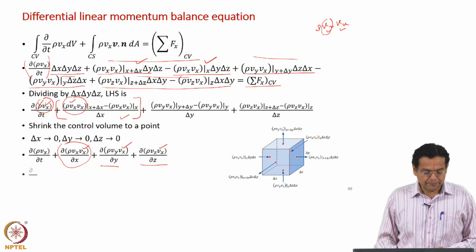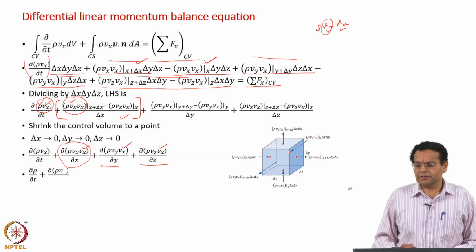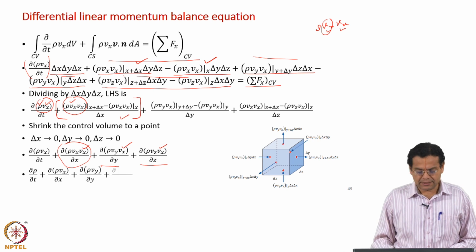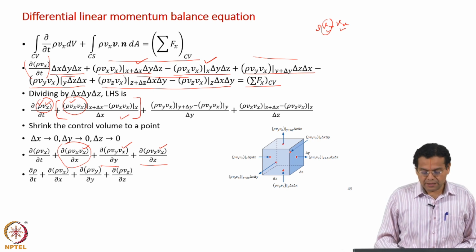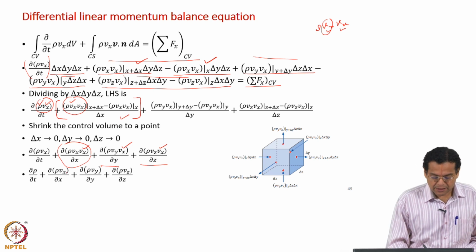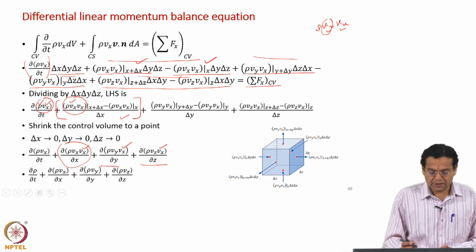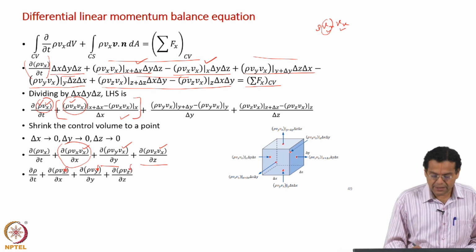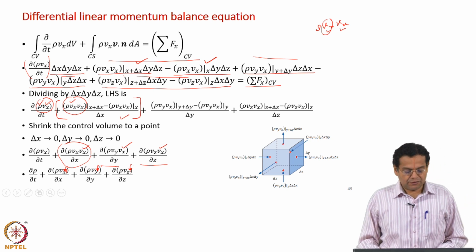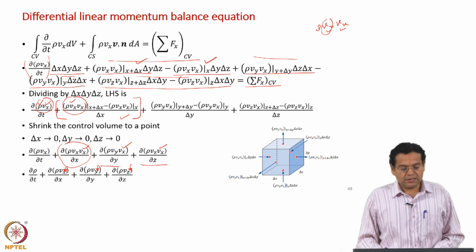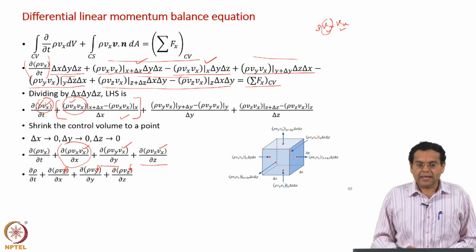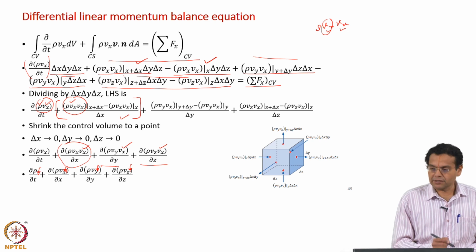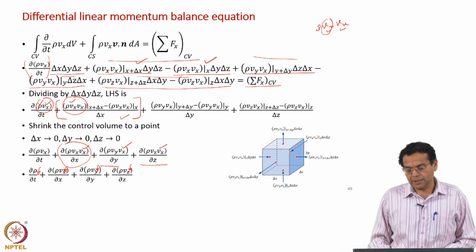Now, let us compare with the continuity equation or the differential mass balance and see what the differences are. As we expect based on the derivation, all these terms are multiplied by Vx, of course not outside, that can also vary. So, you multiply here with the Vx, with the Vx here, with the Vx here. In fact, if you are very clear about the differential mass balance, you can write the x component of linear momentum balance very easily, just multiplying everywhere with Vx, of course including the accumulation term as well.